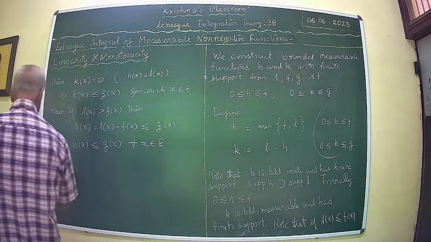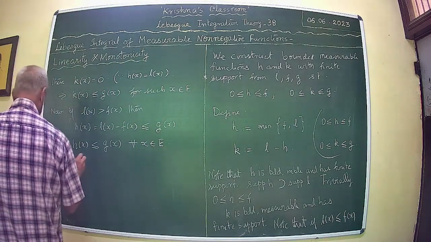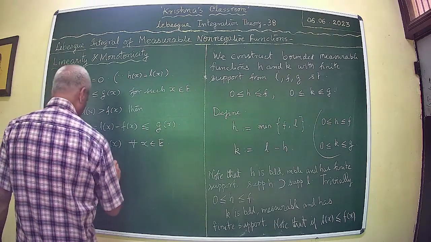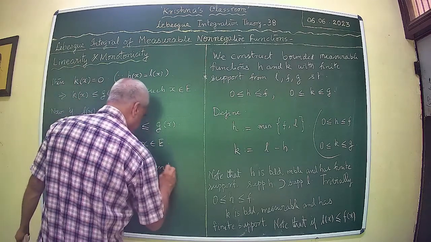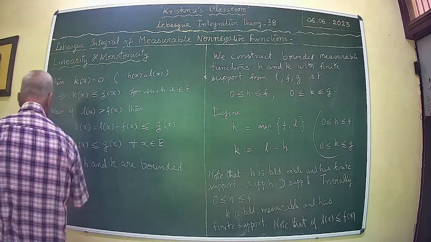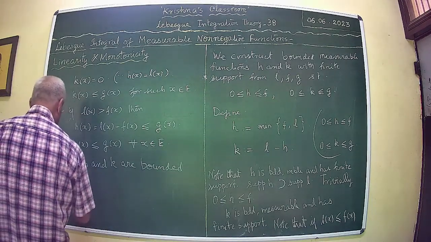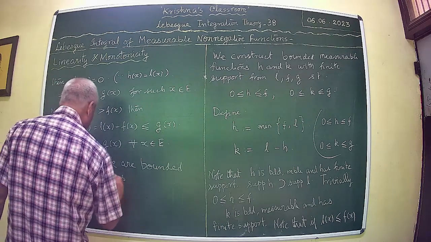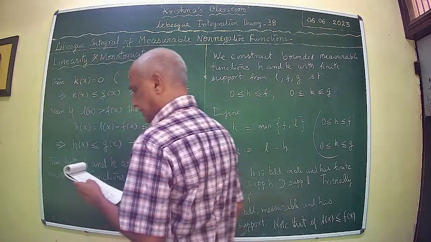Thus, both h and k are bounded measurable functions with finite support